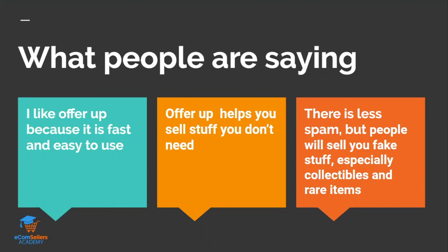But specifically with OfferUp, one of the things that people are saying is that it's fast and easy to use. Now that's from a UI or user interface standpoint, as opposed to the next one, where it's easy to sell stuff. So it helps you sell stuff you don't need. That's what people are saying about it. The other thing, as I mentioned, is there's less spam. And I think that's in comparison to